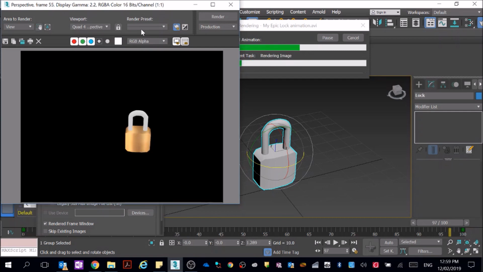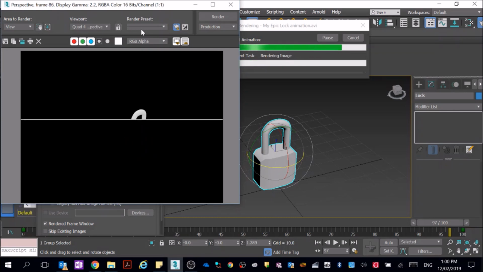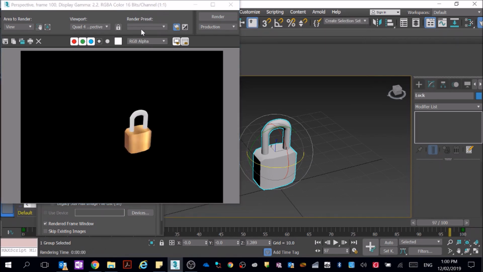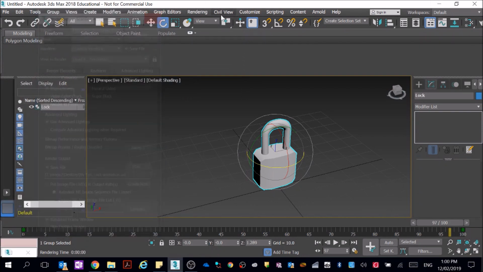It gives a very nice shiny texture to the lock itself. And as you see, the lock is rotating. The idea to apply the reflection is to look at how the shiny lock is shown